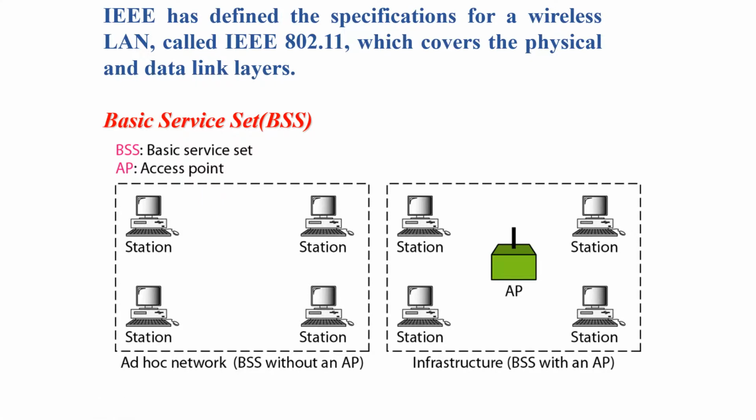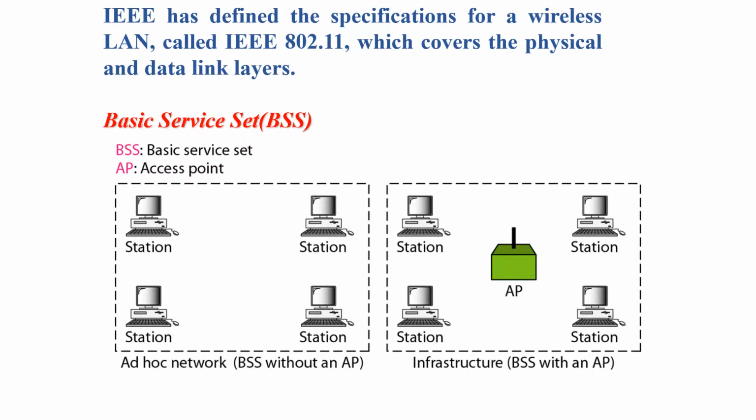IEEE 802.11 defines the basic service set as the building block of a wireless local area network. A basic service set is made of stationary or mobile wireless stations and an optional central base station, known as the access point. The basic service set without an access point is a standalone network and cannot send data to